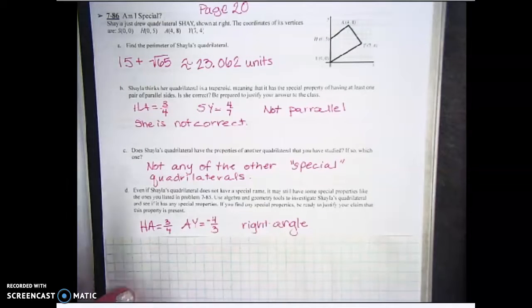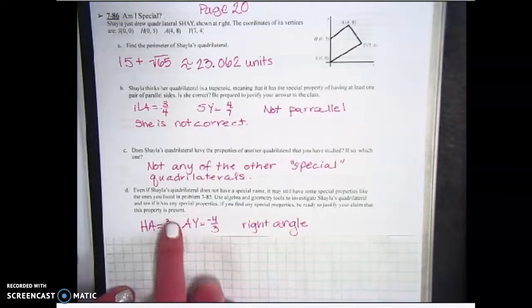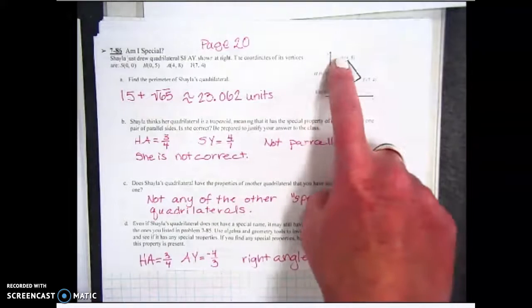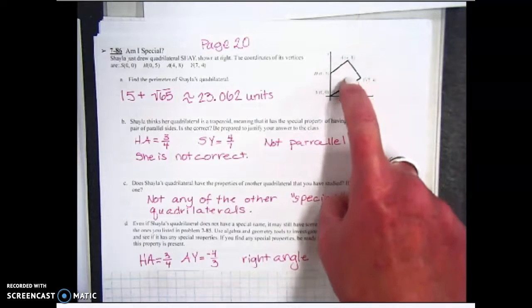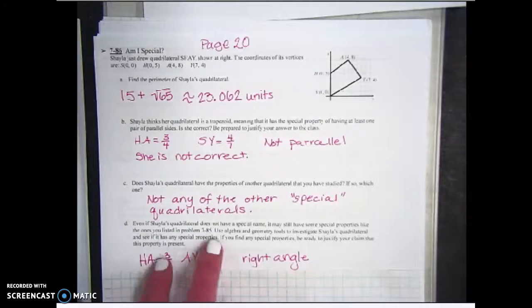So I found 2 things. I found that HA was 3 over 4, which we already said up here. Go up 3 over 4, but the one next to it, AY, is down 4 over 3, which makes it negative 4/3. These are like what we did earlier. It's the negative or